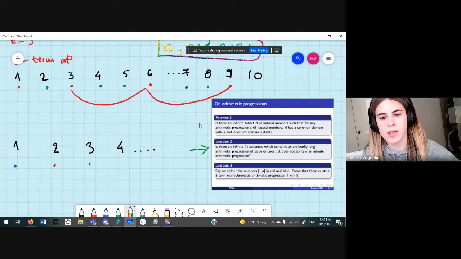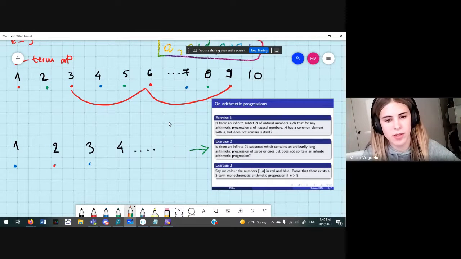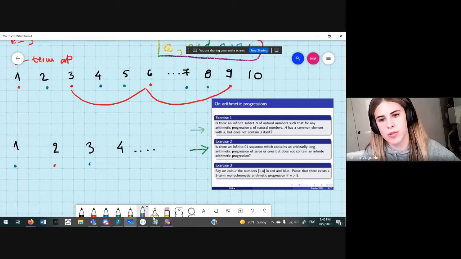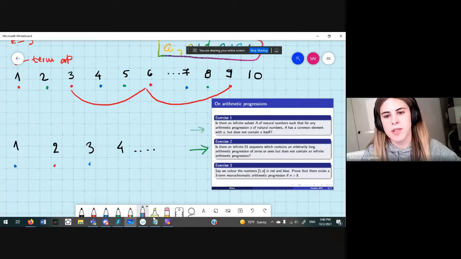If anybody is thinking about doing the first exercise, it isn't that related or important, but we just want the answer. We are just asking ourselves if there's a subset A which has